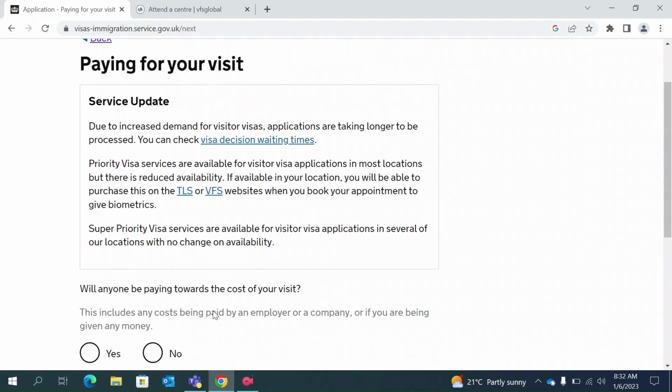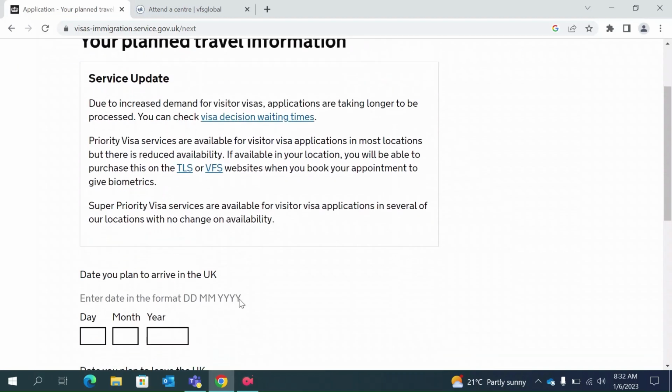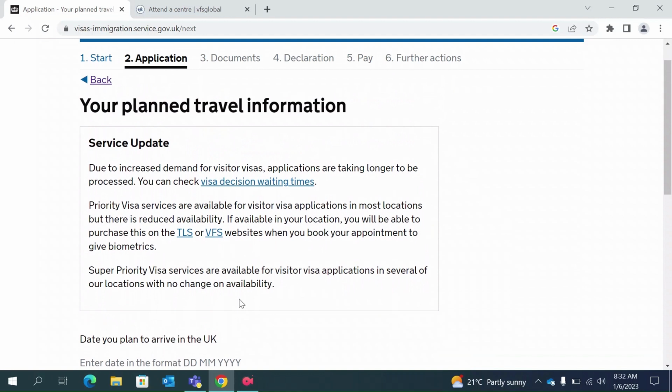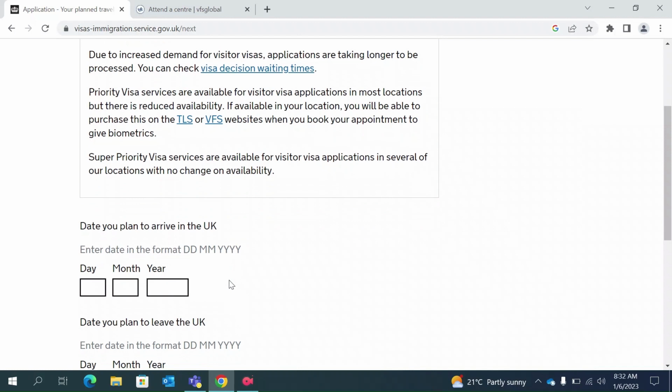This is asking you, is anybody paying for your visit. So nobody is paying for my visit. Save and continue. Now this is asking you when you plan to arrive in the UK. So let's assume that I plan to arrive in April